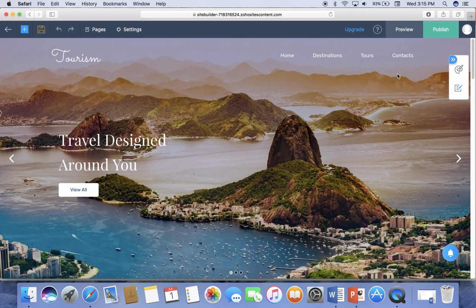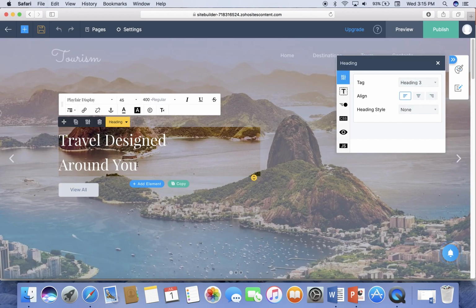Okay, students, now this is the theme of our website. We can change this one as well. If you want to change this heading, you can see the window appears over here in front of me. I can change the text, the heading.